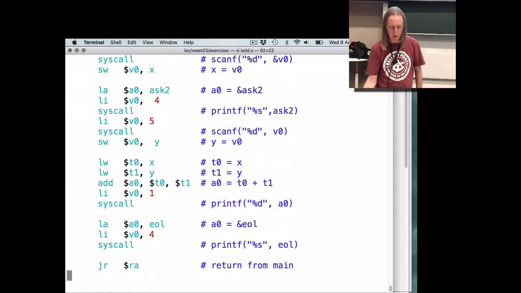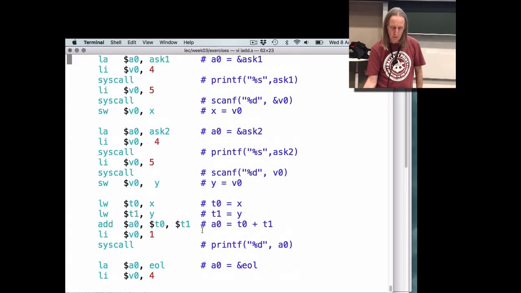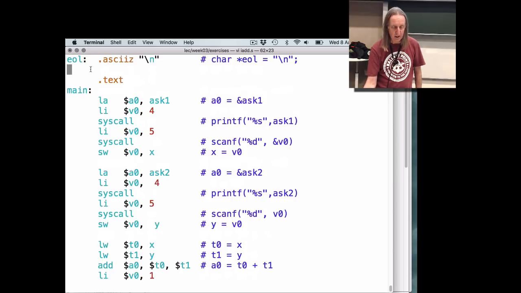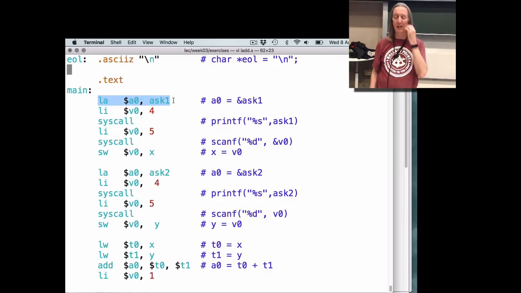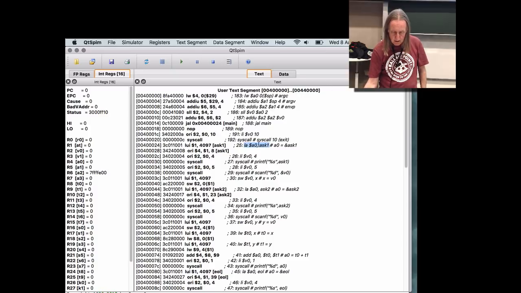Oops, no, that's right. Nope, too far. Right. So the first thing we do, load the address of ask1 into A0. Register A0, that's interesting. Oh yeah, alright, so load address ask1 into A0. So, what it's actually doing, it's loading the top few